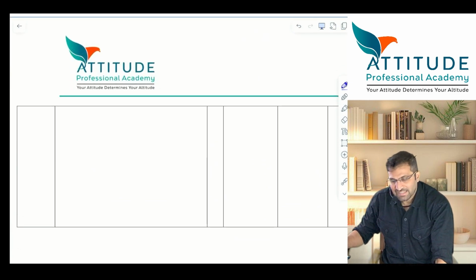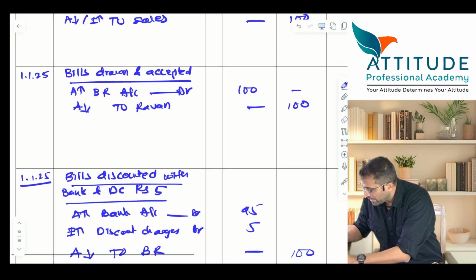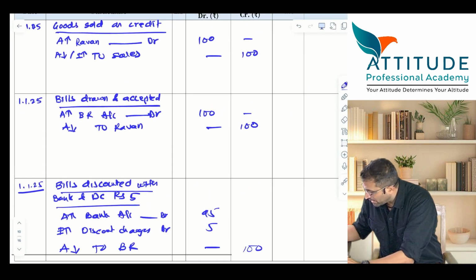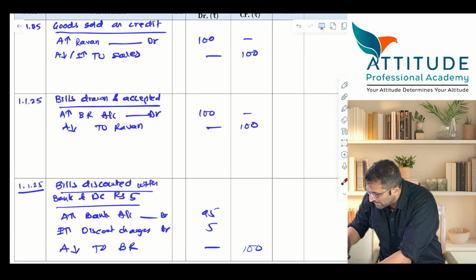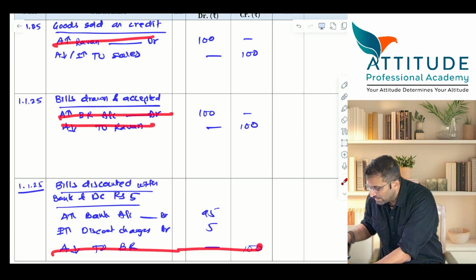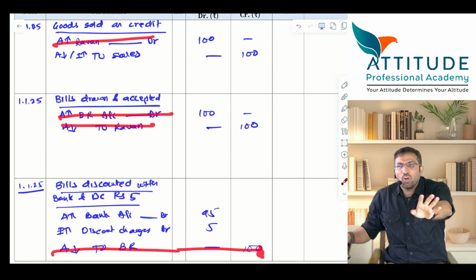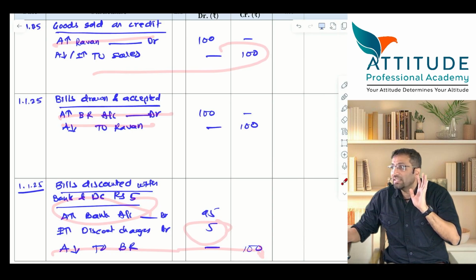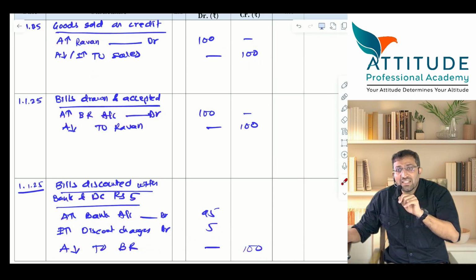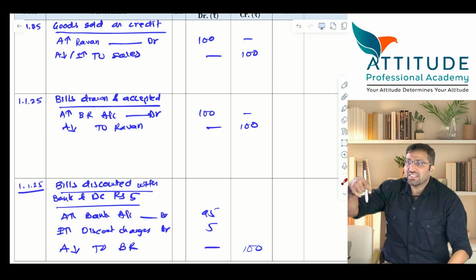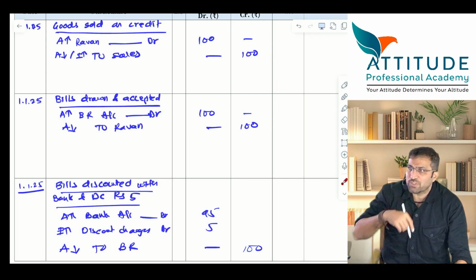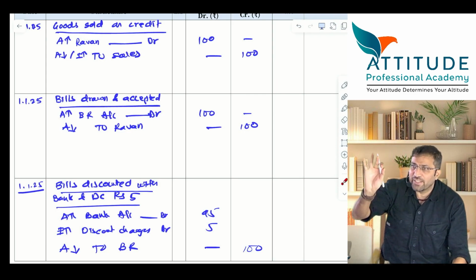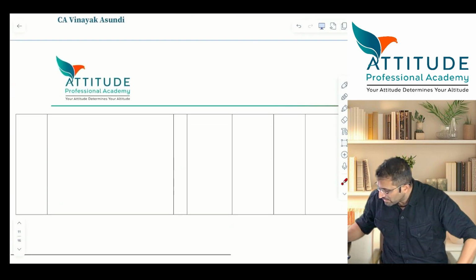Now this is the fun part. First of all, come here. Is the Ravan account closed in your books or not? Ravan account debit, Ravan account credit. Even bills receivable account debit, bills receivable account credit. There is no bills receivable, there is no Ravan. You have already received the money; discount charges are 5 and sales, only that much remains. But now if Ravan doesn't make the payment, the banker will catch you, or no? The banker will straight away reduce your balance.